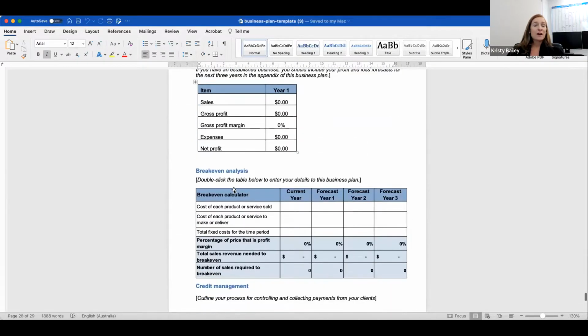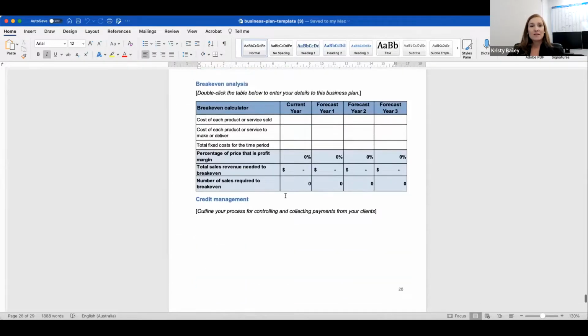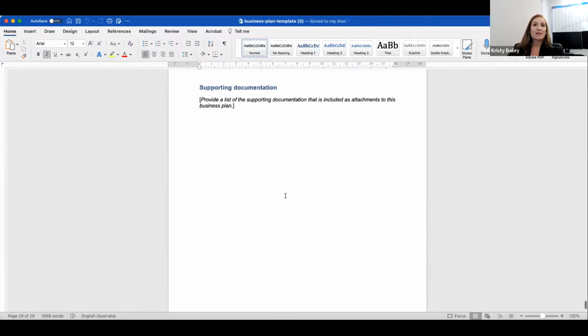That should then define profit and loss and break even stuff, so you can work out when you can break even, and then obviously all of your supporting documentation as well. So as it sits just as a template, it is a 29-page document. So you'd expect that once you've input all of your information, it would be quite a lot larger than that,